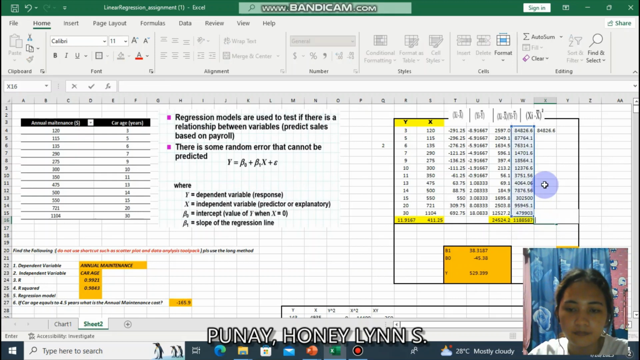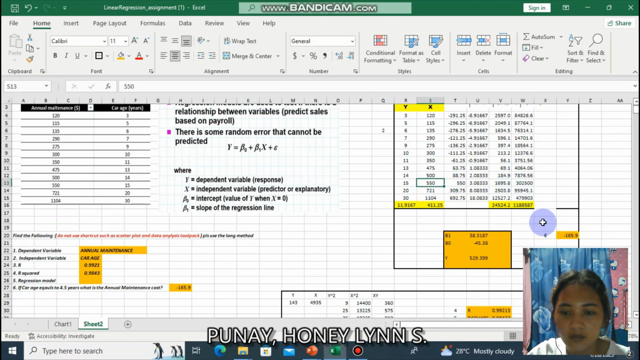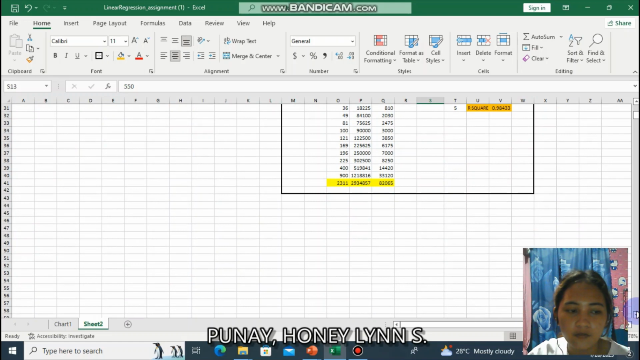Now let's move to this side, where B1 is 38.3187 and B0 is negative 45.38, then y is 529.399, which is on this side. So now let's move into